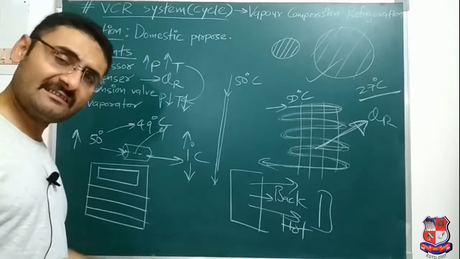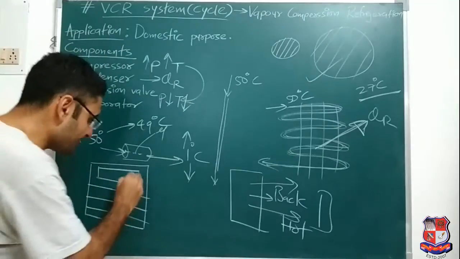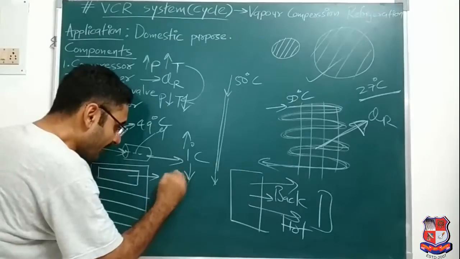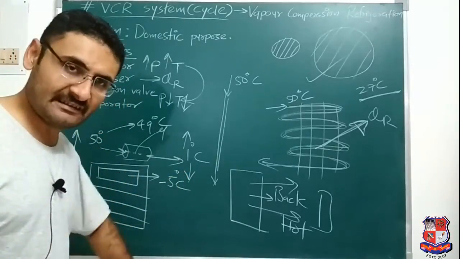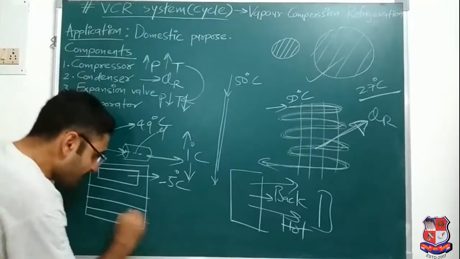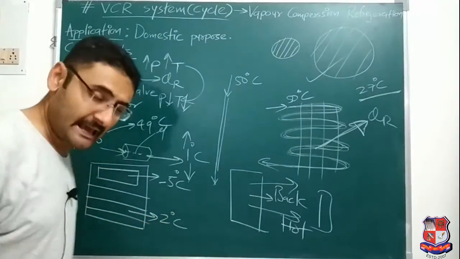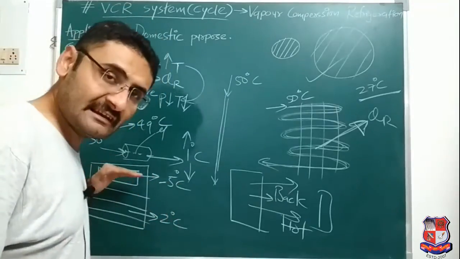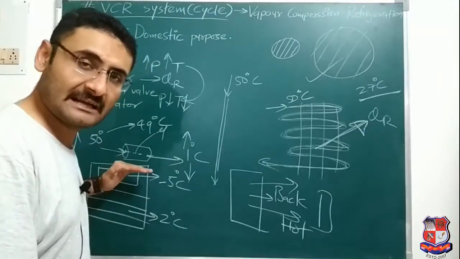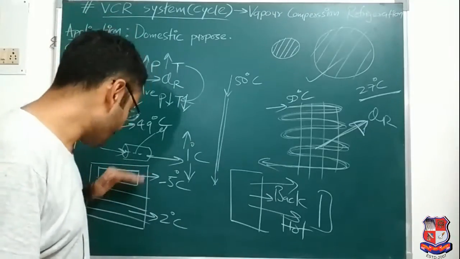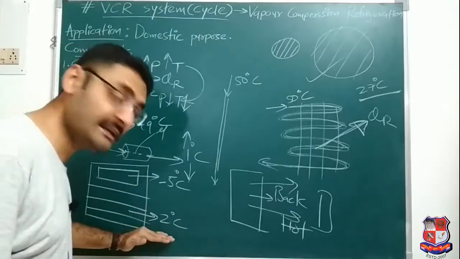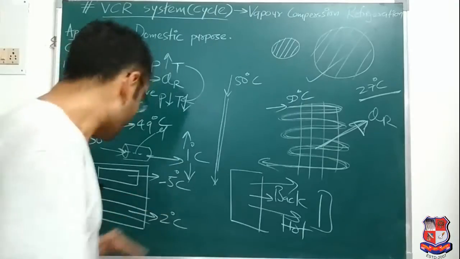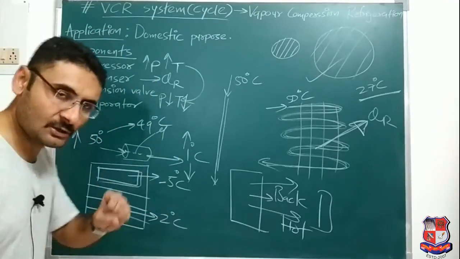Achha. Now the use of that deep freezer is what? That you can freeze ice. That means I can say that in the deep freezer the lowest temperature is produced. Suppose -5 degrees centigrade is present in the deep freezer. Now in the remaining compartment, suppose the temperature is 2 degrees centigrade. Exactly I don't know how much the temperatures are, but I want to show that in the deep freezer the lowest temperature is present. That is why we can freeze the ice. We cannot freeze the ice in the remaining compartment, because in the remaining compartment a higher temperature is present as compared to the deep freezer. Okay. Now over here the deep freezer has the low temperature.